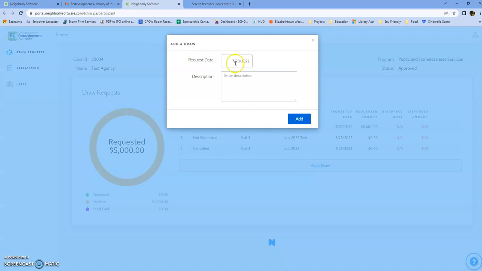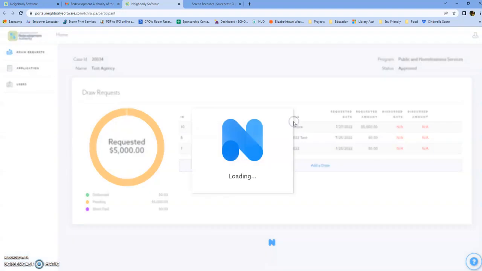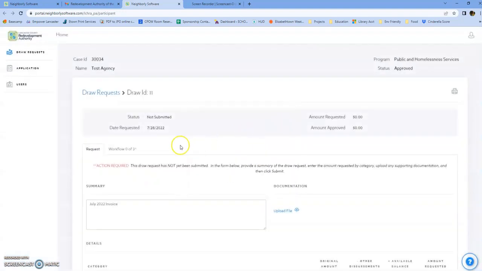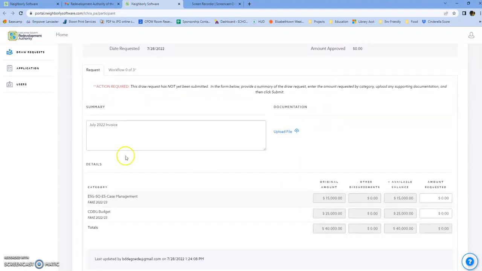So it'll give you the date, which is today's date, and if you just want to enter in a description for the invoice, we'll call these our July 2022 invoice, and we'll add that. Now this is showing us that this is not submitted. We haven't requested anything yet. We haven't gotten anything approved, but here's our summary right here. You can type more in there if you want to, but here where it says category,